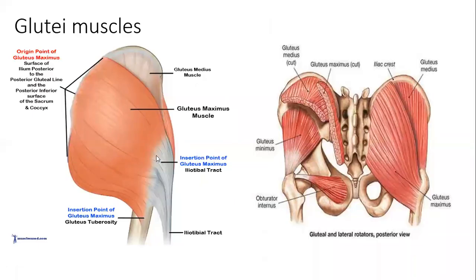Here we have another diagram showing the gluteal muscles, their shape, their attachment, and their location. Here again, we have the bulkier and larger muscle, which is called gluteus maximus. Under it and further extending away from it, we have gluteus medius. If you further cut down maximus, we will be able to see the gluteus minimus. And the rest of the deeper lying muscles like piriformis, obturator internus, above and inferior to it, superior gemellus and inferior gemellus respectively.